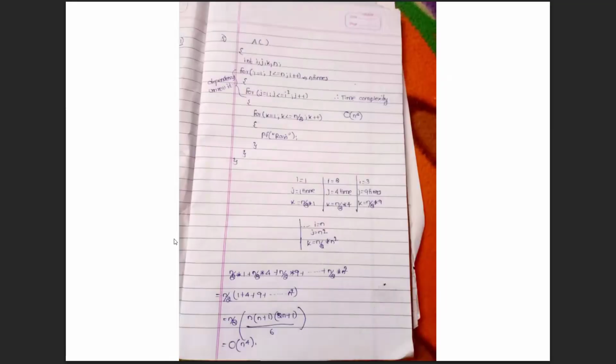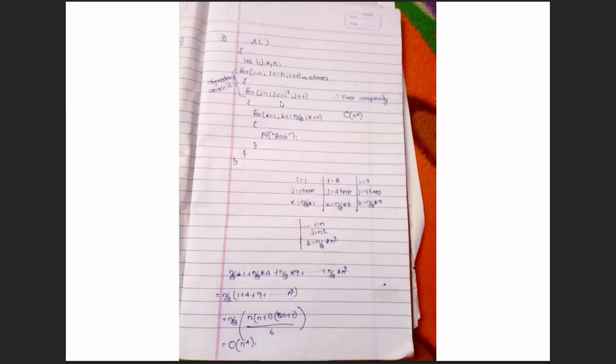Now see another example. Print i, j, k, n. Next, for i equal to 1 and i less than or equal to n, i plus plus. It means this loop runs for n times. Next one, for j equal to 1 and j less than or equal to i square, j plus plus. And also for k equal to 1, k less than or equal to n by 2 and k plus plus. Here see